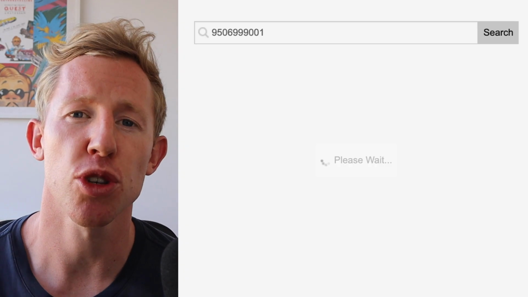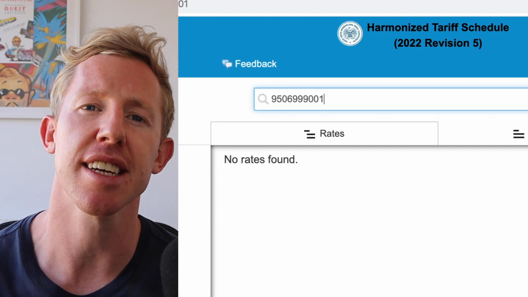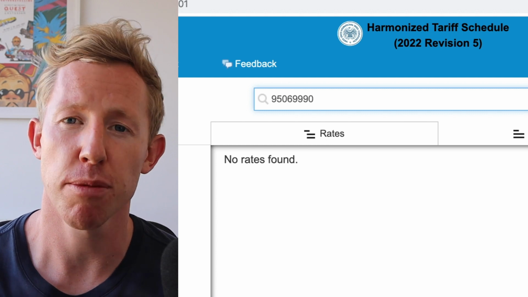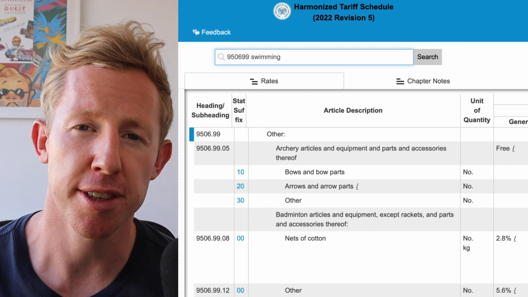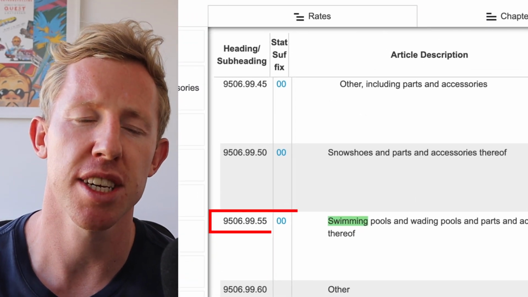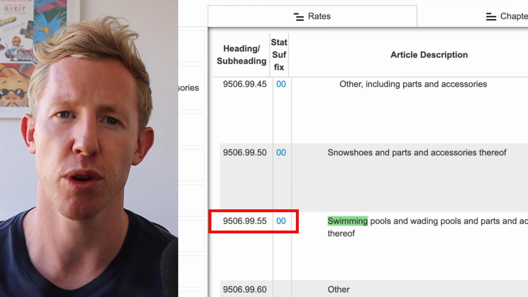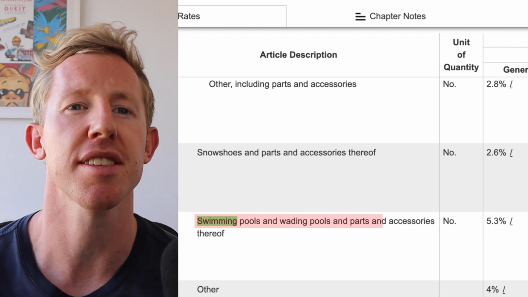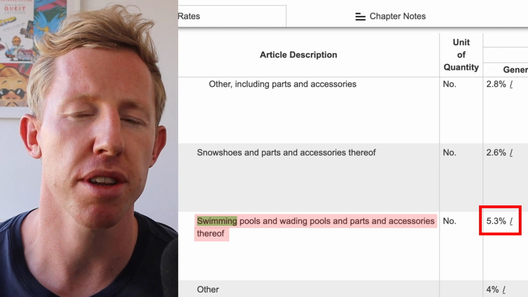We go to the HTS website and we see if we can type in that HS code. And as you can see here, we draw a blank. It doesn't exist. As I mentioned earlier, it's just the first 6 numbers that we need from that HS code. So let's type those in. And what I'm going to do is add the word swimming. We can see it's found something here. So we scroll down and there we have it. The HTS code of 9506995500. The article description being swimming pools and wading pools and parts and accessories thereof,